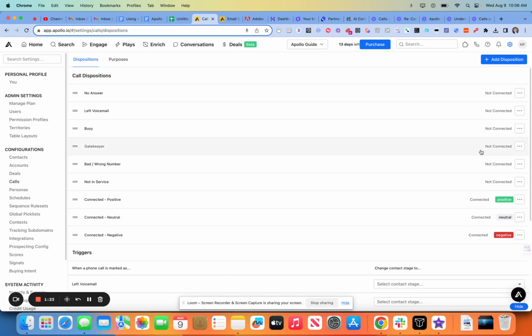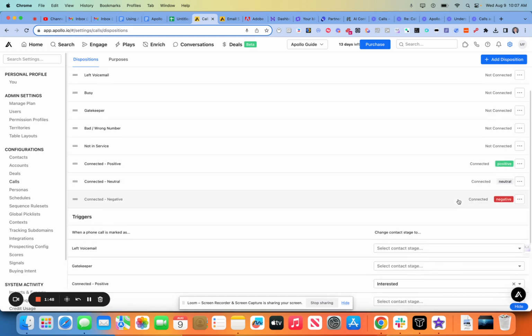So why is this important? This is important because we're going to want to make decisions, right, based on the outcome of a call. For example, we do not want to keep sending prospecting emails to somebody that we spoke with on the phone that wants to meet with us next week and we have something on the calendar. Looks very unprofessional. I've done it a couple times. It happens. But Apollo then came into my life, and you can kind of block that from really ever happening.